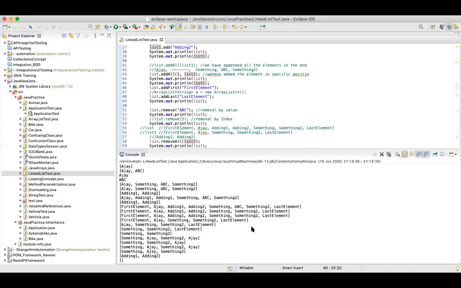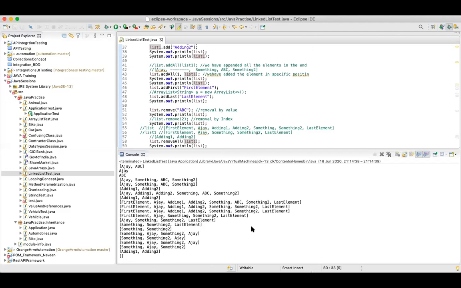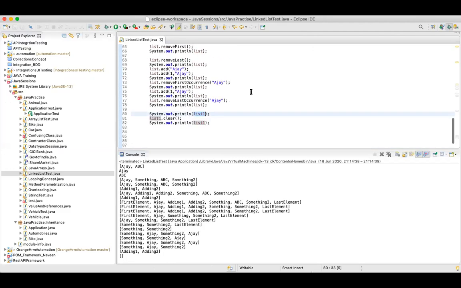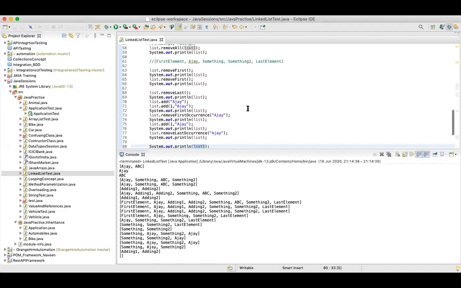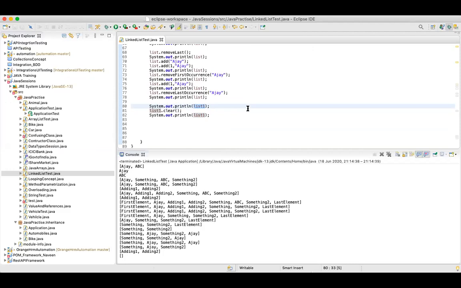So this was one thing. And I think we have covered most of list, and there are some common methods. There were a few additional methods for linked lists which we have also covered. Okay, so guys,